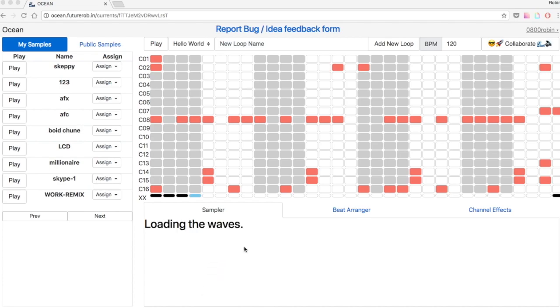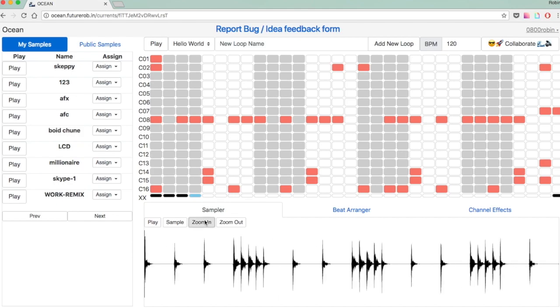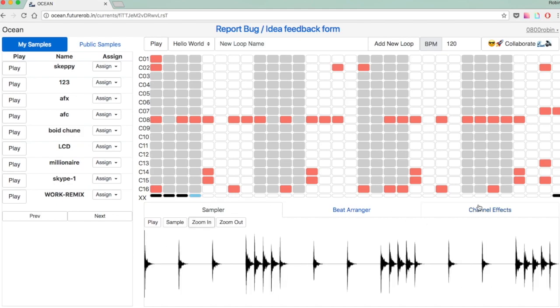Now let's explore sampling one-shot samples. One-shot samples can be things like kick drums, snare drums, single chords, things like that. Stuff that's generally only played once and wouldn't require auto stretch. So here I've got some drums